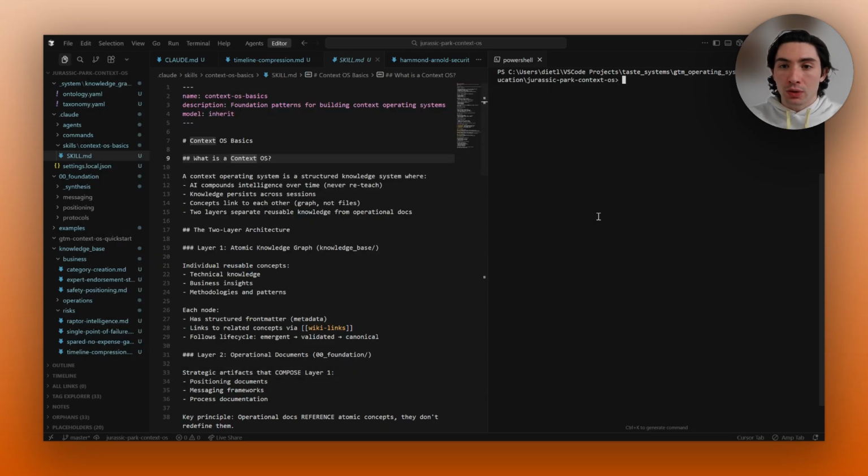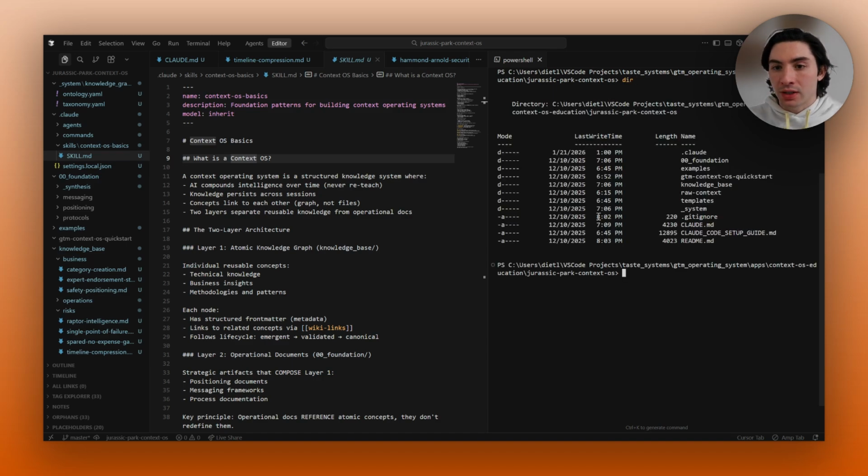But if we go into this context operating system example, a while ago I put out a context OS quick start guide, and I used Jurassic Park as the fake business to work through. If we do dir here, which just stands for directory, you're going to see .claude, 00 foundation, knowledge base. So the context OS is by design. You have your operational docs, like your 00 foundation.